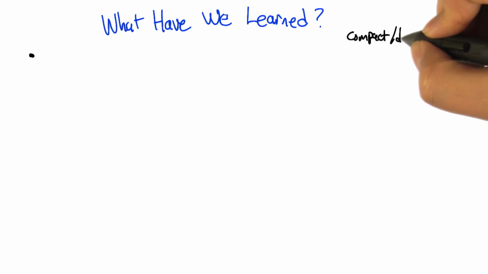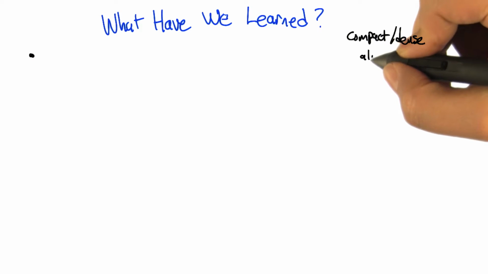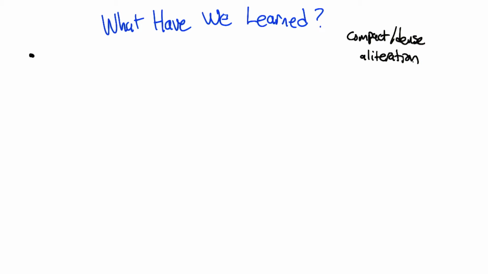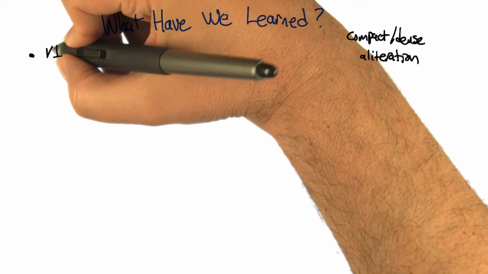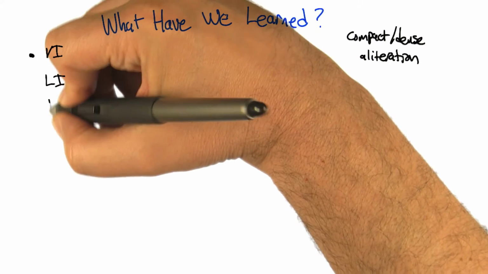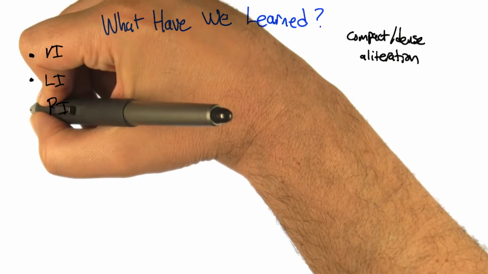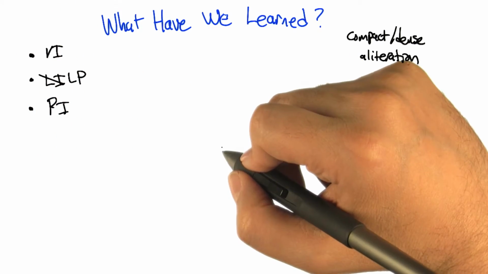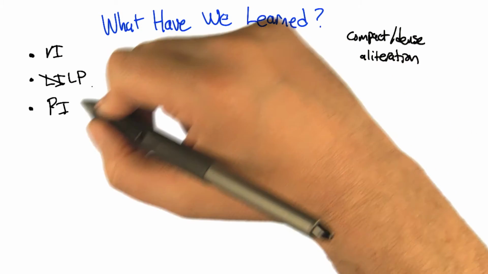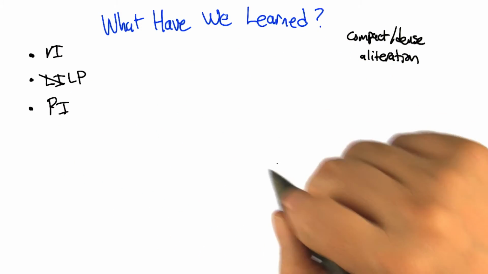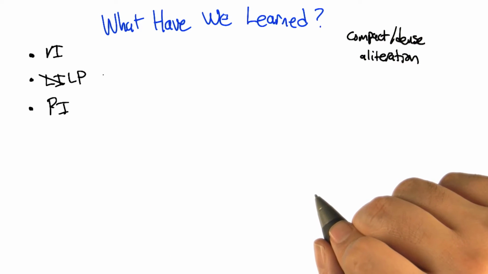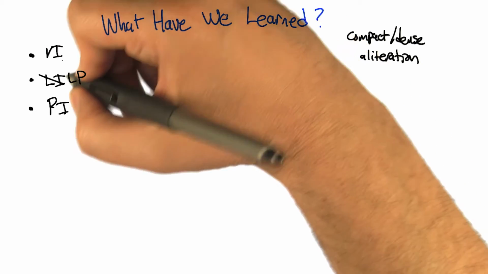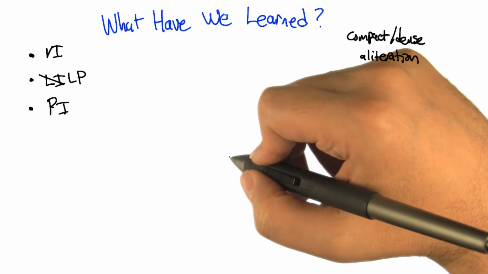Well, first thing we learned is that you like alliteration. This whole section was advanced algorithmic analysis. Okay. And in particular, we talked about three things, all ending in I: VI, LI, and PI. Yeah, there's a problem with LI, though. Yeah, that's not really a thing. Yeah, it's LP, linear programming. But then it wouldn't end in I. I agree with that, but at least it ends with P, and the other one starts with P. So there's some overlap. Well, if you call it a VLP for very linear programming, then you get... Yeah, no, it's just linear programming. Let's just go with that. Okay. All right. I mean, very linear is still linear. In any case, all right.